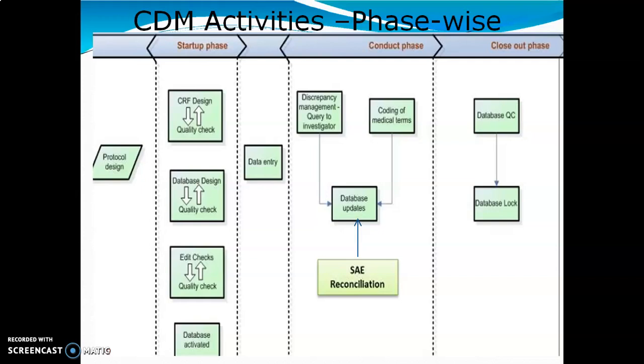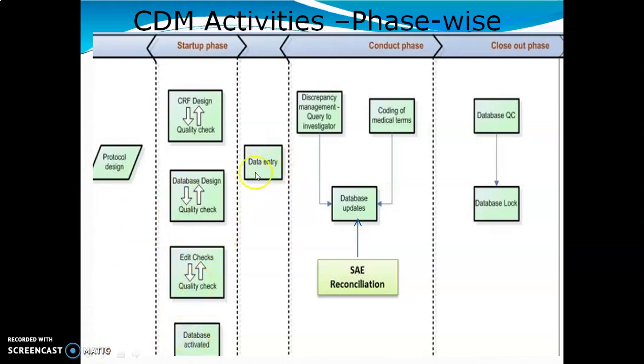In the paper they used to write the data, and later they will start entering it into the system. But if you are directly entering into the computer itself, it will become easier, because multi-center studies will be going on simultaneously. By sitting in one place, in one click they can know the entire status of the trials. So once the case report forms or database is activated, it may be by computer system,